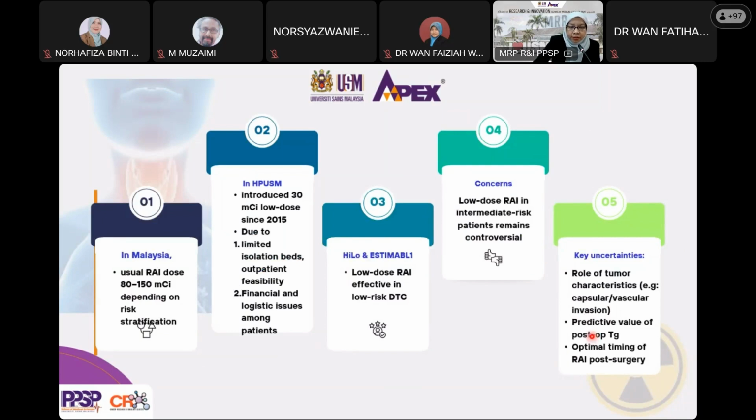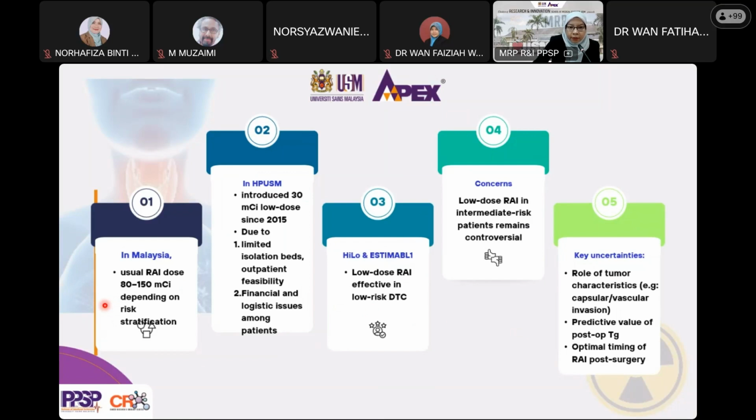In Malaysia, other major nuclear medicine centers usually give an RI dose of 80 to 150 mCi, depending on the risk of the patient, where low risk patients receive 80 mCi, intermediate risk patients receive 100 mCi, and high risk patients receive